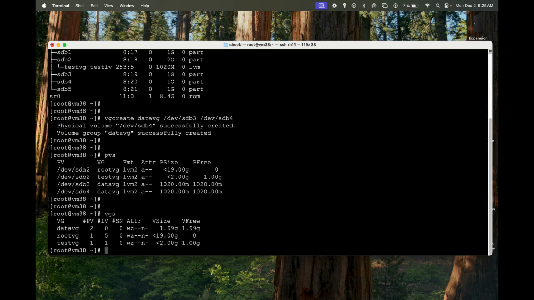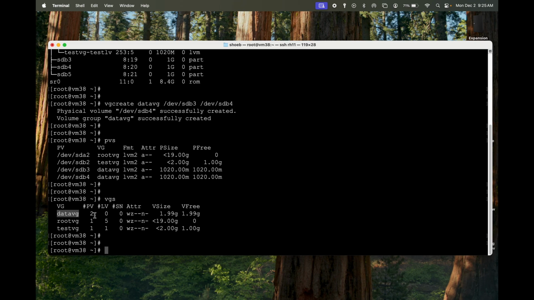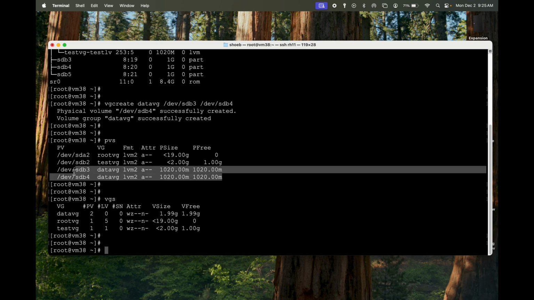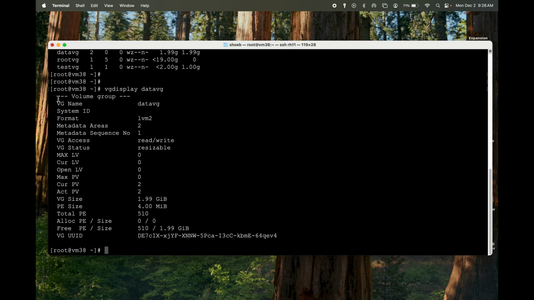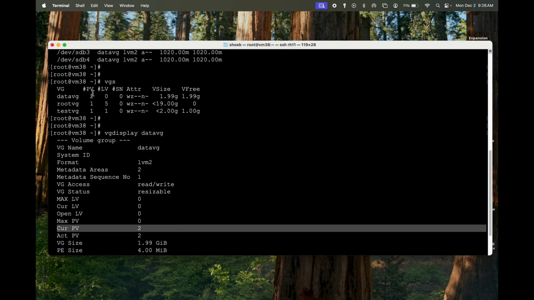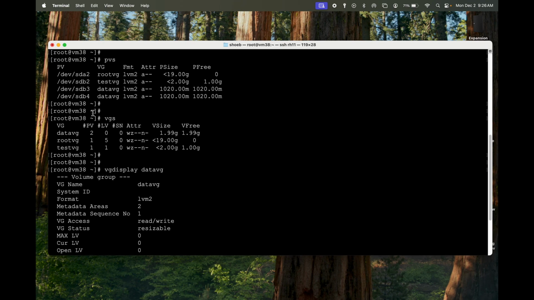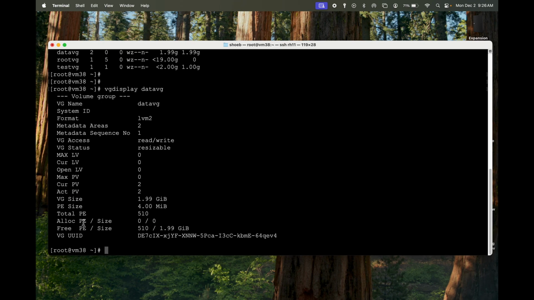Okay. If I do vgs, you can see that data VG has 2 PVs, physical volumes. See up here, these 2 lines. Okay. So you can create with 2 disks, like so. You can do vgdisplay data_vg to see a different type of output. It'll give you this whole thing. VG name, format, access, current PVs, and there are 2 PVs. You can see up here, 2 PVs, sdb3 and 4. You saw that with the pvscan. Okay. All right, so that's the vgdisplay command,